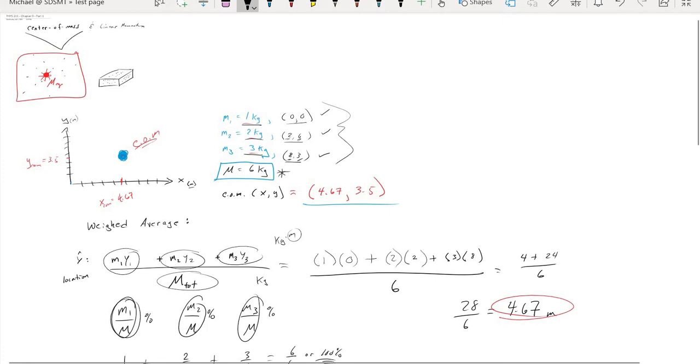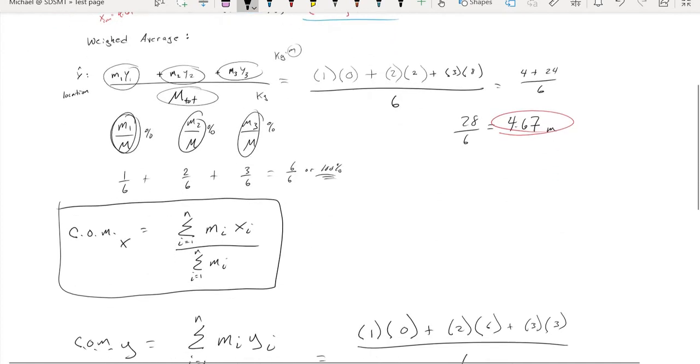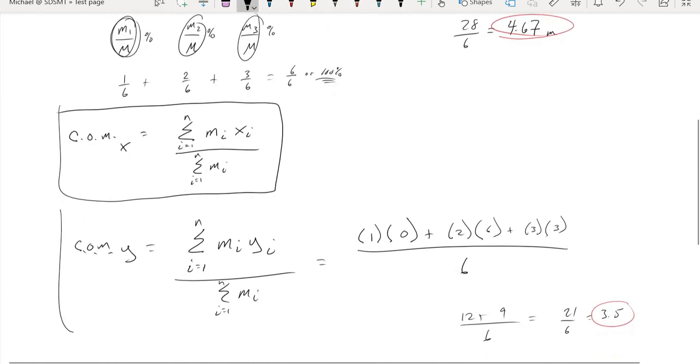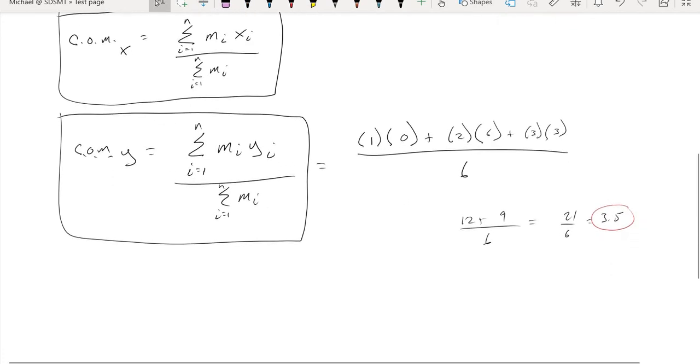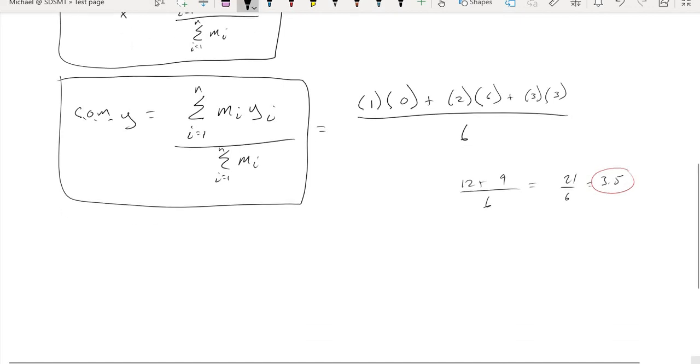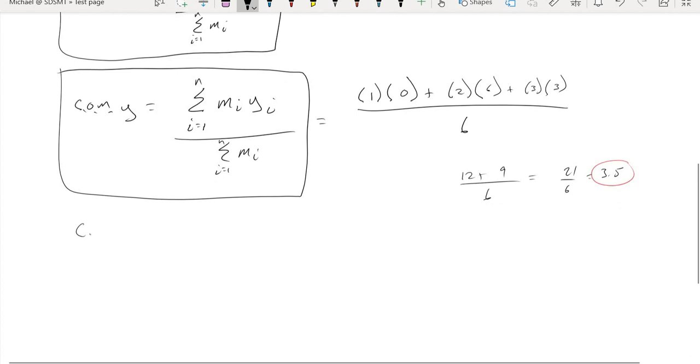This all sounds well and good, except that it took us a bit of time to go through and calculate where the center of mass for the system needs to be with respect to all of those other masses. Now it is worth mentioning here that in the real world